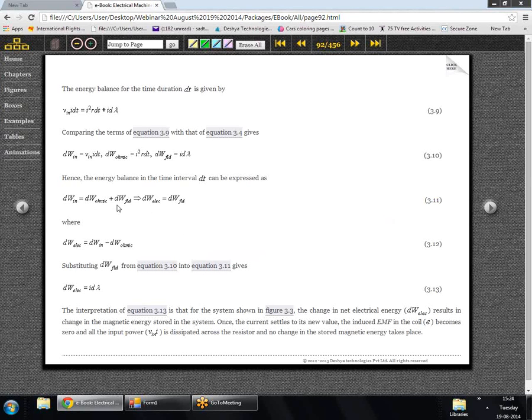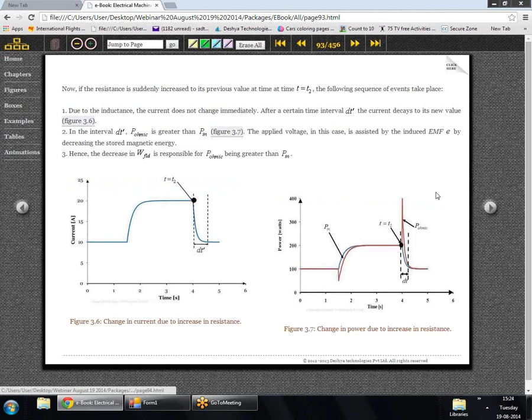represent our entire energy balance for this simple system. So if we see here in this figure 3.6, at instant 1.5 seconds we had reduced the resistance by a factor 2, and then the current rose, and then at around 4 seconds we again increased the resistance by a factor 2, so the current starts to fall.